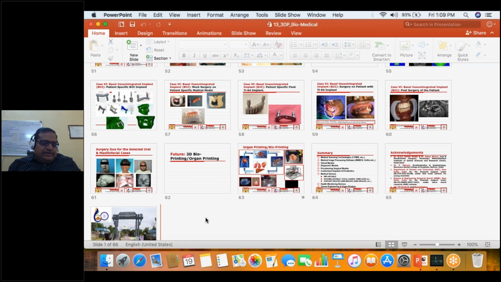My suggestion to you is, if you want to restrict to FDM, go with the PEEK material, polyether ether ketone. As of now, in the technology, we don't have a biodegradable material.